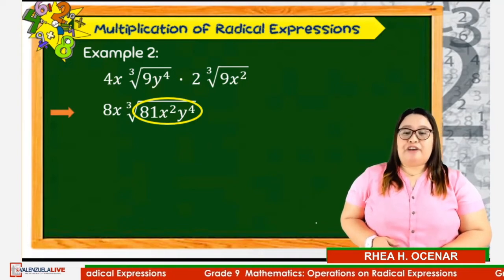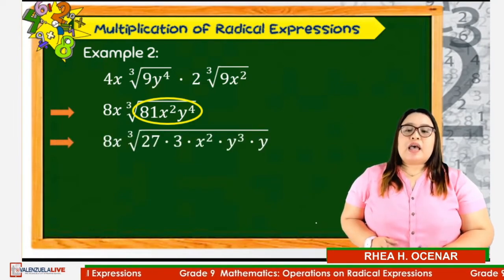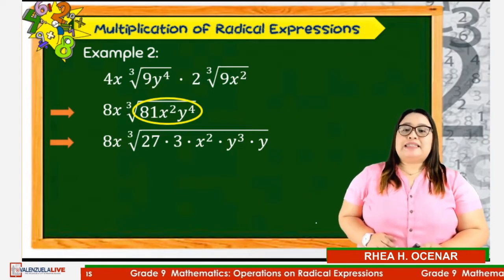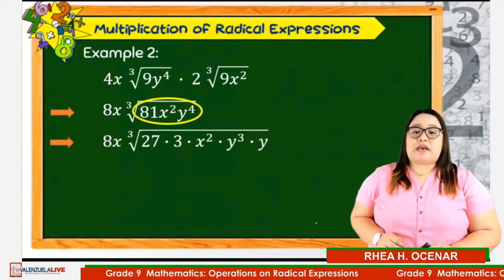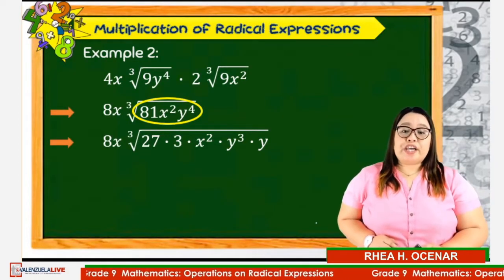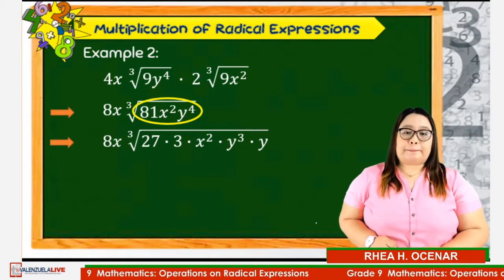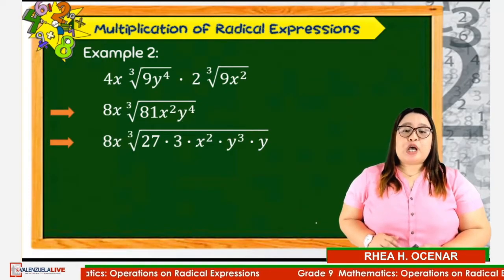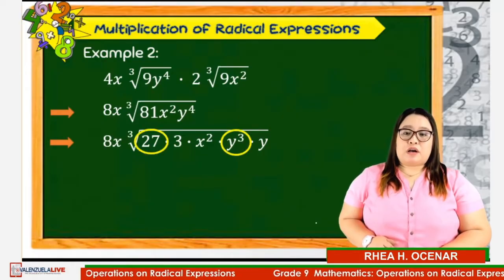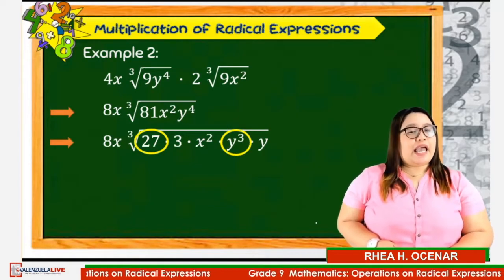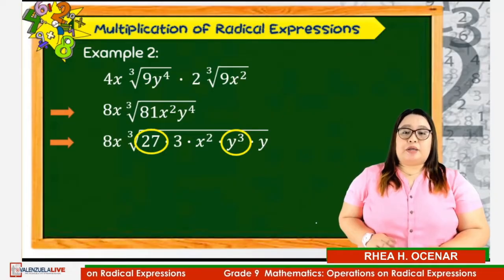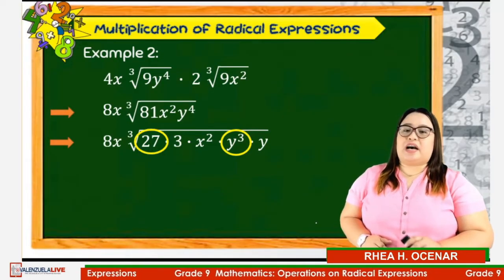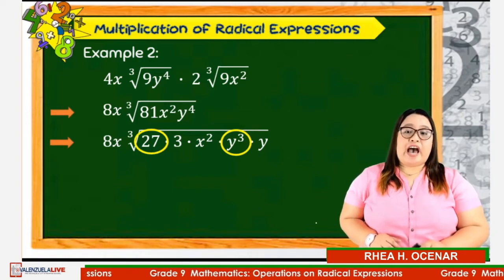And we have 8x cube root of 27 times 3 times x squared times y cubed times y. Extract the roots of the perfect cube factors, which are 27 and y cubed, and multiply to the coefficient outside the radical sign. And we have